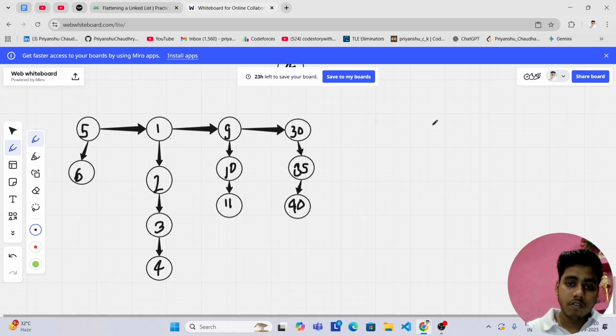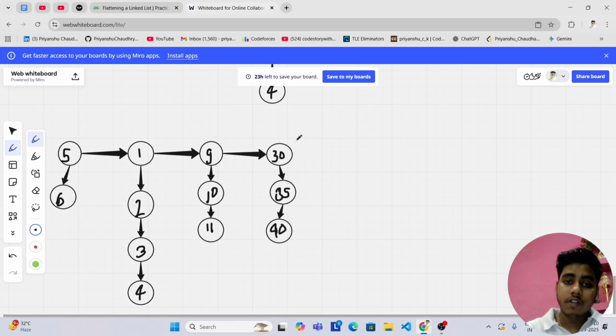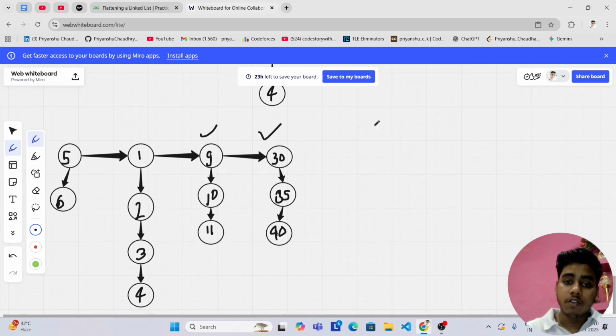So after merging these two, this will return as a new flattened linked list. So the flattened linked list will look like 9,